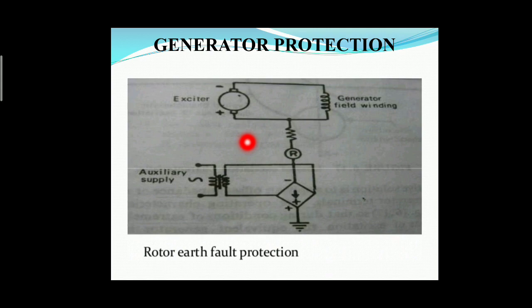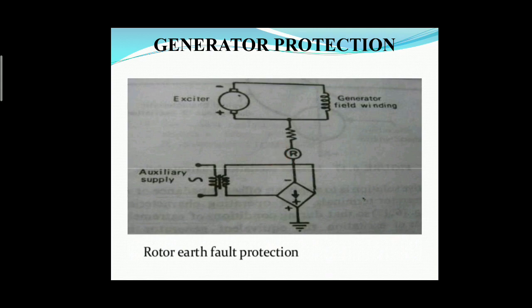The major disadvantage of this type of system is leakage of currents through the capacitors. This current unbalances the magnetic field and increases the stress. The problem of the AC injection system can be overcome by using the DC injection method. This method is simple and has no problem of leakage of current.